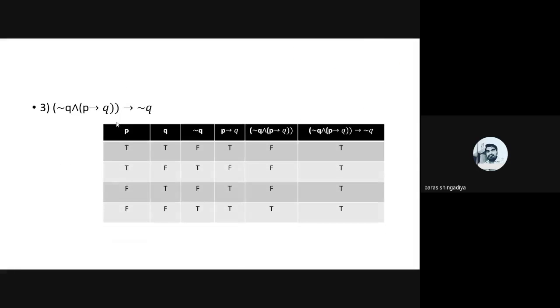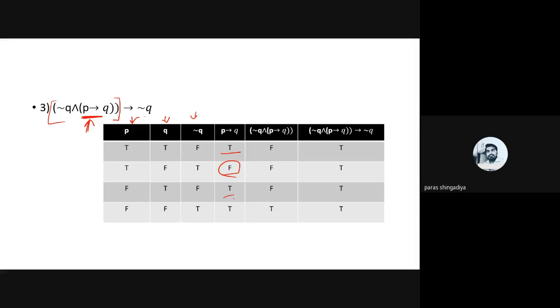And that is the third example, which is also a tautology, which involves negation q and p conditional q, bracket over, conditional negation q. So first check the bracket, inside the bracket, then find out the outside bracket, and then use this full bracket value with the negation q, conditional negation q. So column p is required, q is required, and then negation q is also required. First we'll check this inside bracket, p conditional q, and then we can use this value with negation q.